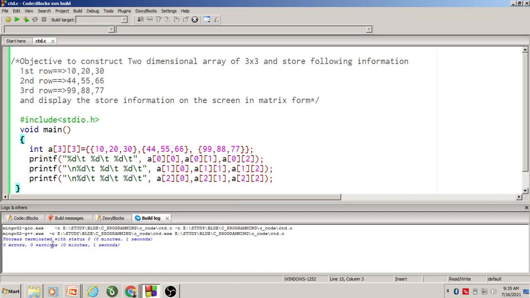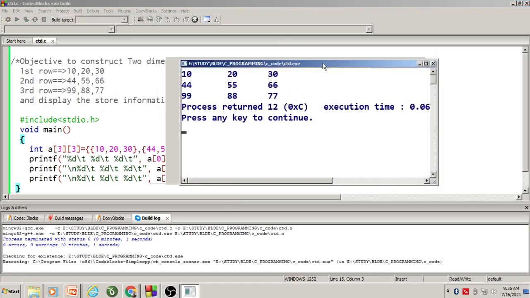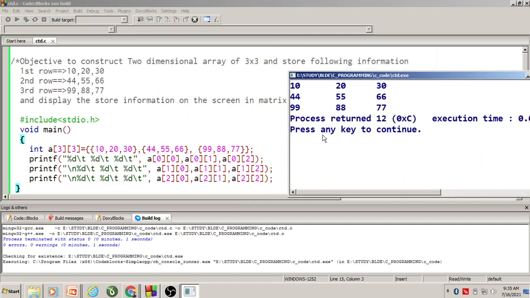We don't have any errors or warnings. Run the code. See here, the first row has the values 10 20 30, the second row 44 55 66, and the third row 99 88 77.